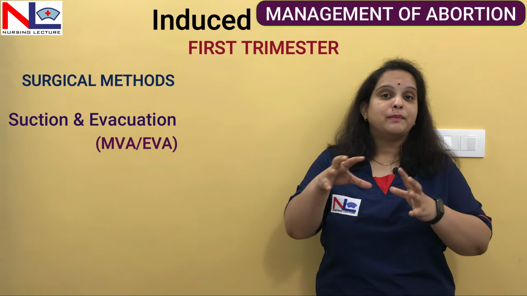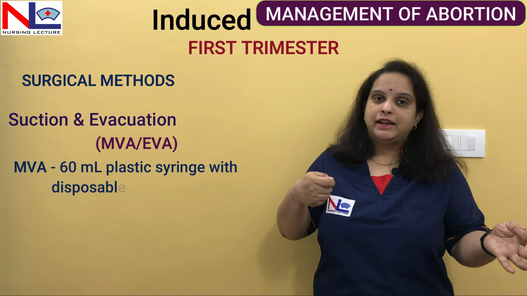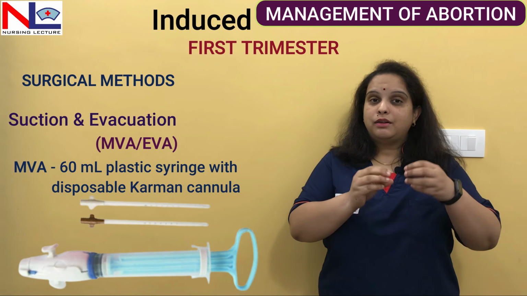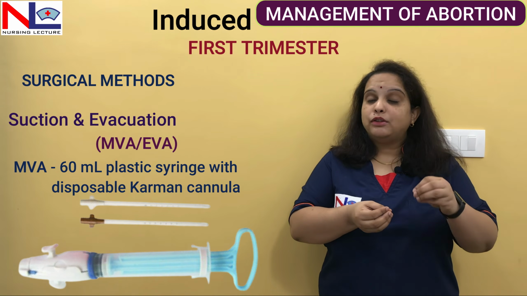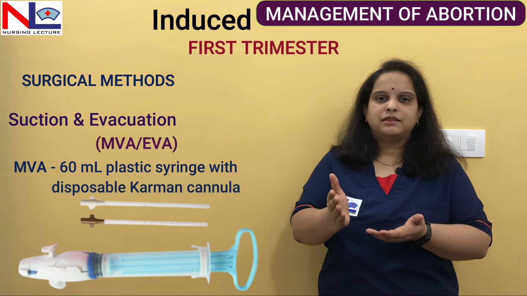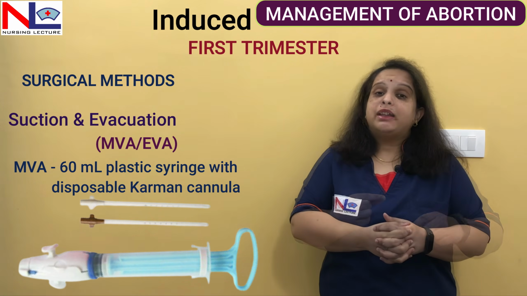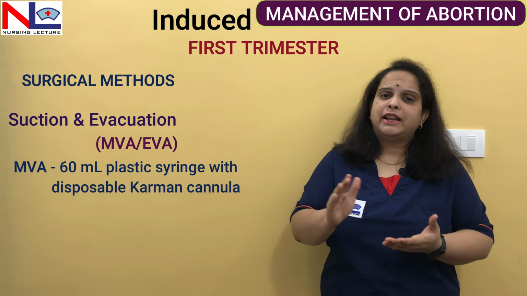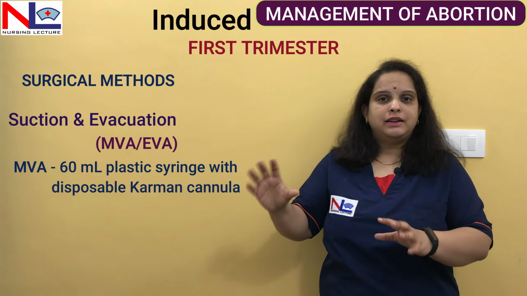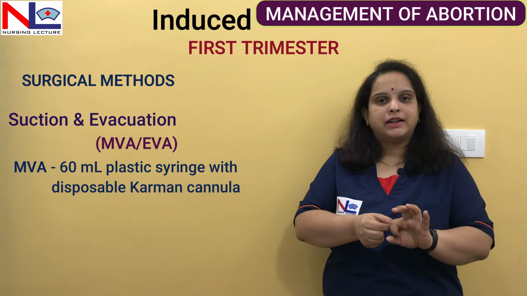MVA, that is manual vacuum aspiration, where we can use a 60 cc syringe and create a vacuum, and after creating the vacuum we can attach a cannula to this syringe. The cannula which is attached is the Karman's cannula, and that comes in various sizes. Depending on the week of gestation, we can select the particular size, and in the same manner we can use an electrical vacuum aspiration machine, where electrically we can generate the vacuum, and the same Karman's cannula we can attach and suction all